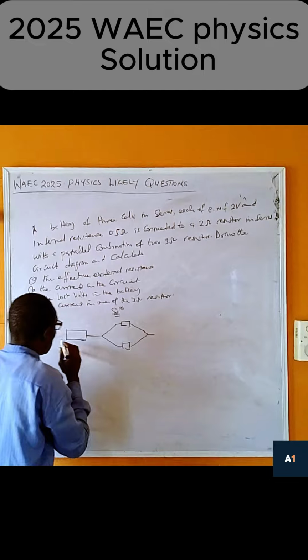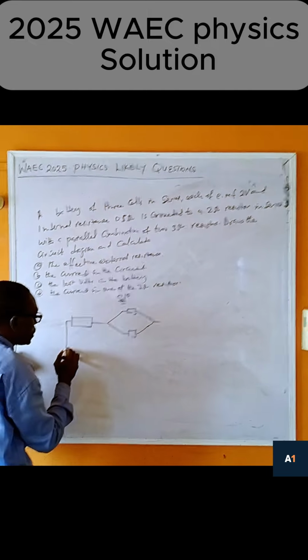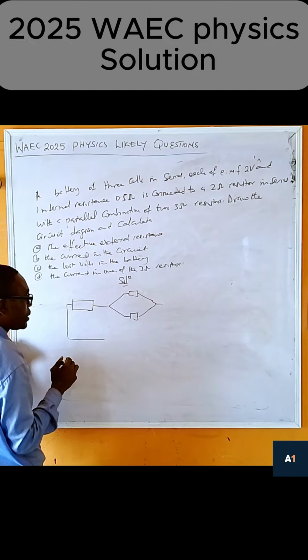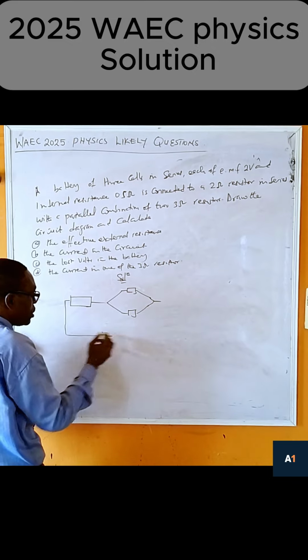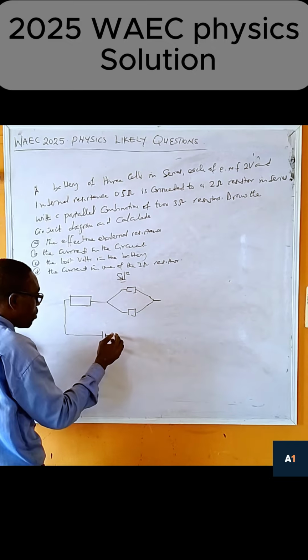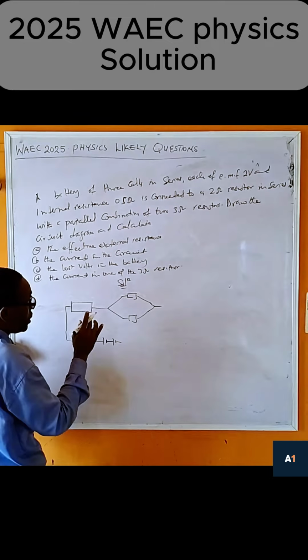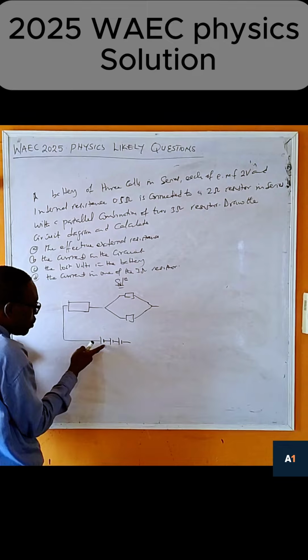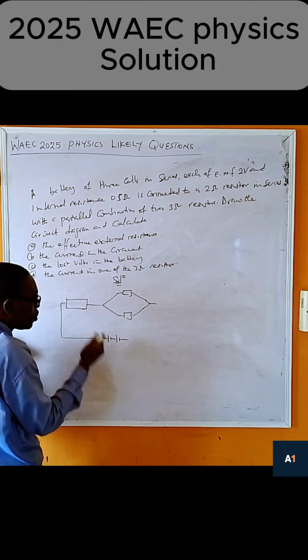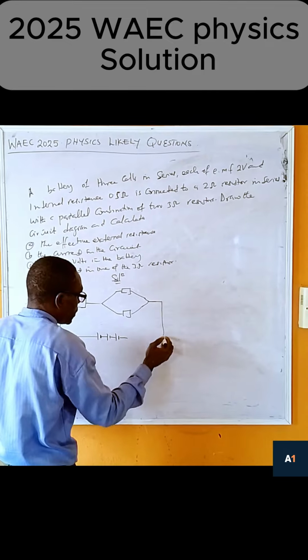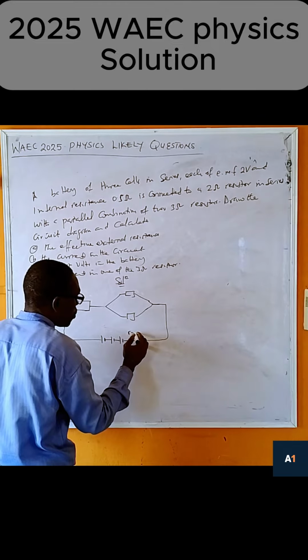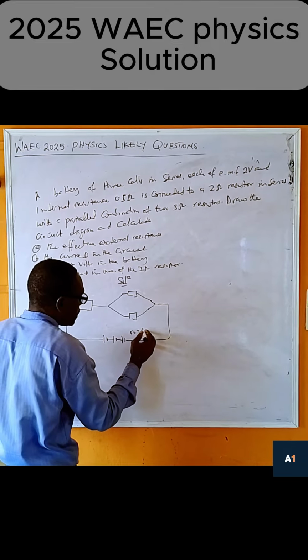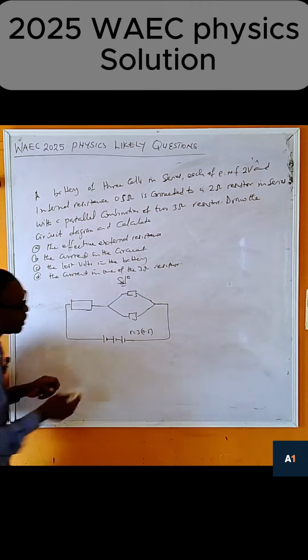You can see, for this one there is a mark for it. So how do you now make 3? This is 1, a cell of 1. This is another one, making 2 cells. Then this is another one. That's why you have to know the symbol. So you can see 1, 2, 3. So you have drawn it. So you can then say R is equal to 3 bracket 0.5. Put it like that.